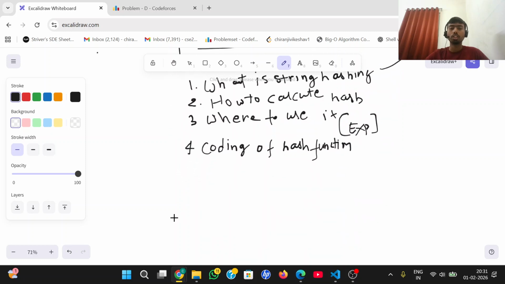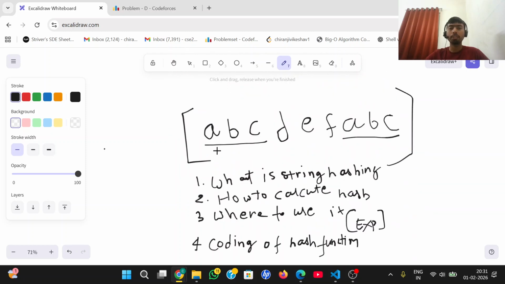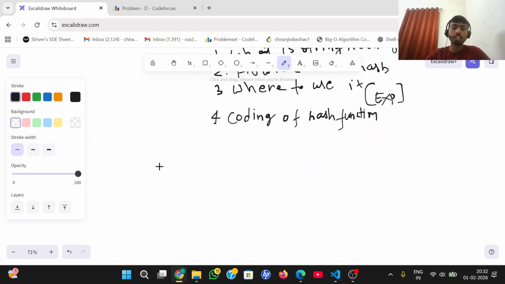It is not limited to only a string. We can store or represent a substring as well as an integer number. So let's start with a simple example of how we can calculate the hash value of any string. Let's take a string of